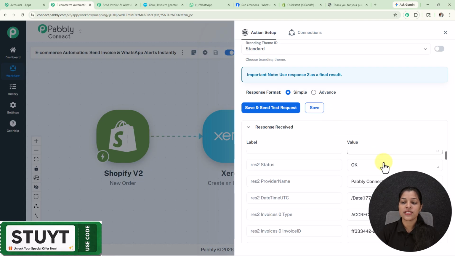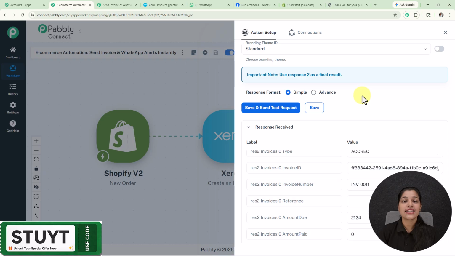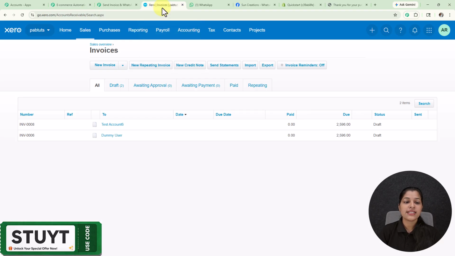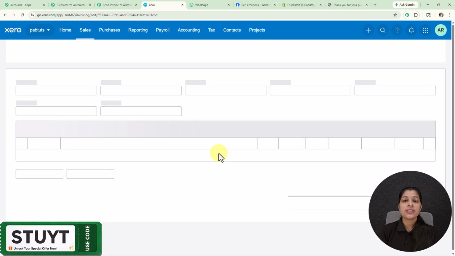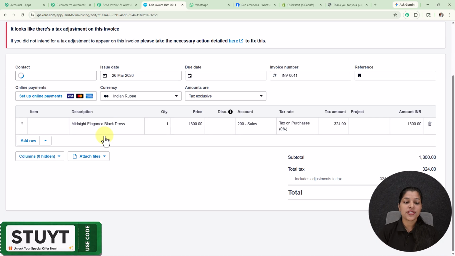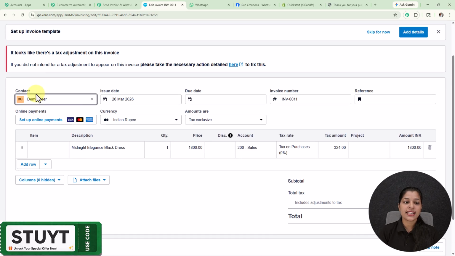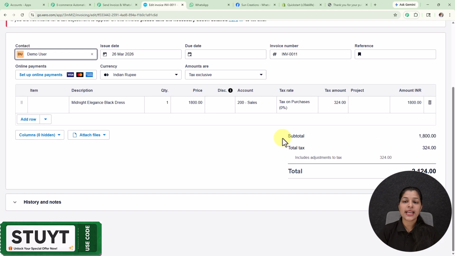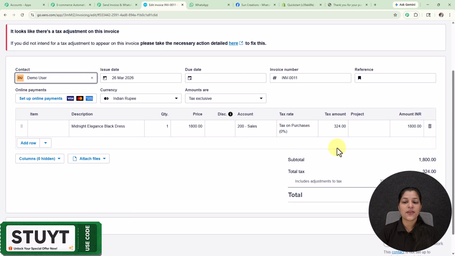and here you can see that we are receiving this positive response which demonstrates that an invoice might be created. So now let's move on towards my Zoho account to check whether an invoice is created over there or not. So here I've landed in my Zoho account, where I'm going to refresh this, and here you can see that I'm successfully receiving this invoice where I'm receiving my customer's name as demo user which I have recently filled, and here you can check out the contact details, and here you can see this is the invoice created or generated,